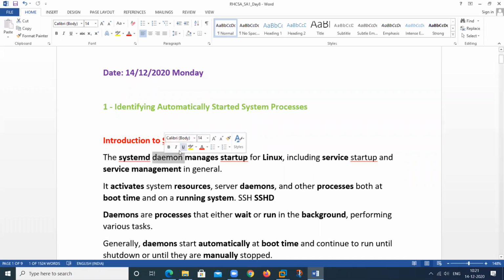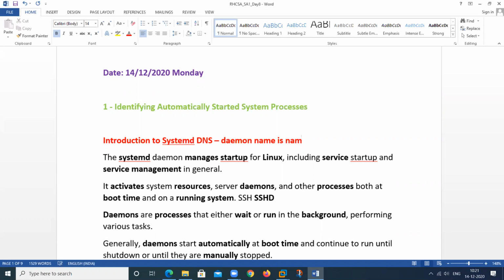So to control any service, we require a daemon. Suppose we have a DNS server and I want to start or disable this particular DNS. So we require a daemon name. The daemon name is bind. Sorry, it's not a daemon name, it's a package name.